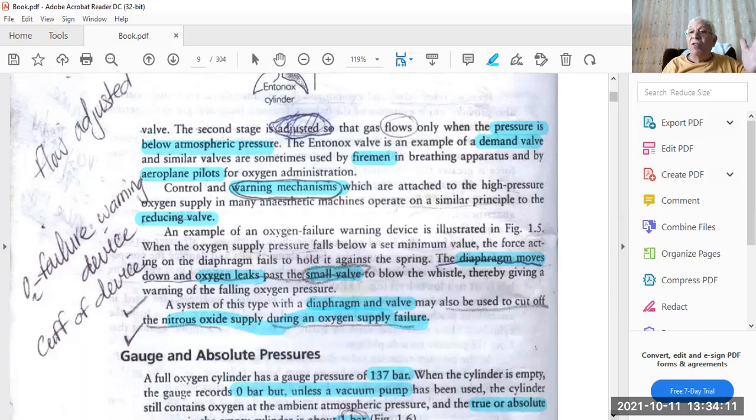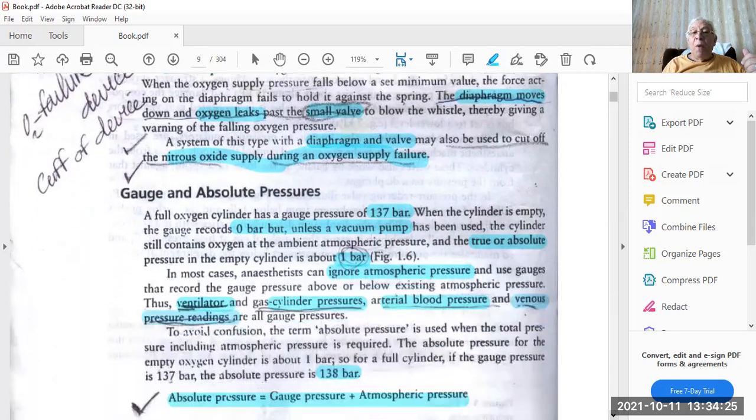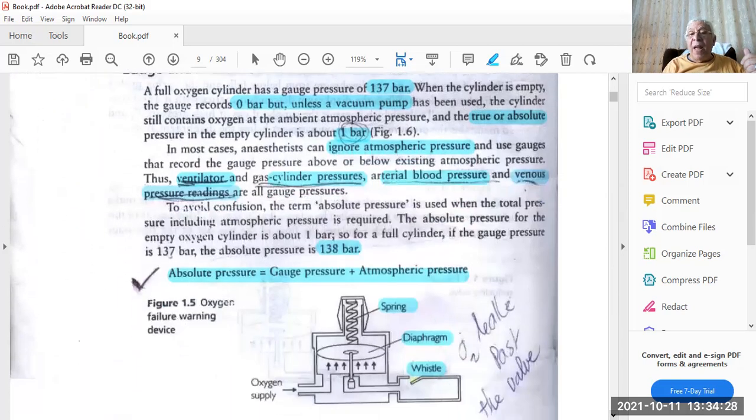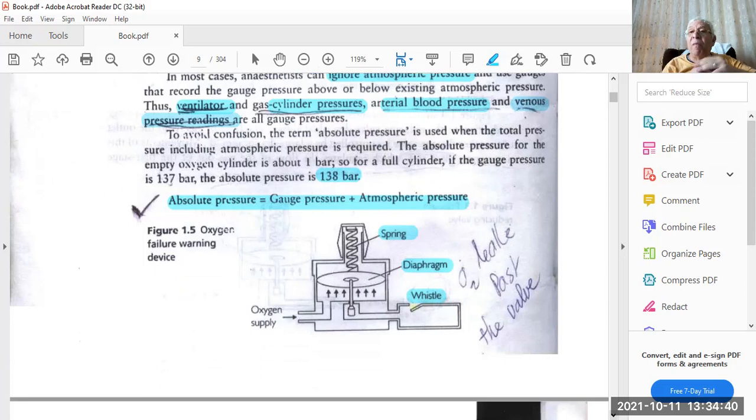Controlling the second stage, there is a control over the valve, which controls the spillage of oxygen or Entonox gas mixture. We have what we call absolute pressure and gauge pressure. Before I forget, the last item we can mention is the application of the correlation between pressure and force,